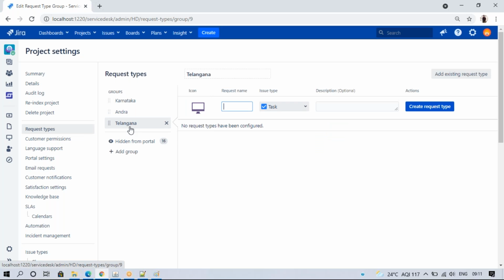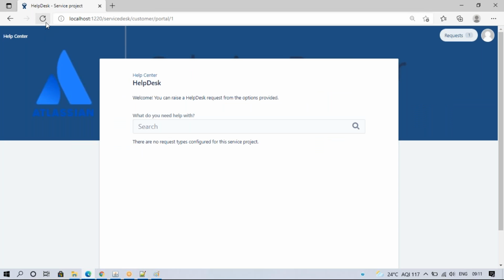So I created these three. If you refresh it here, it still will not appear, because we just added a group and that group will not be visible yet.